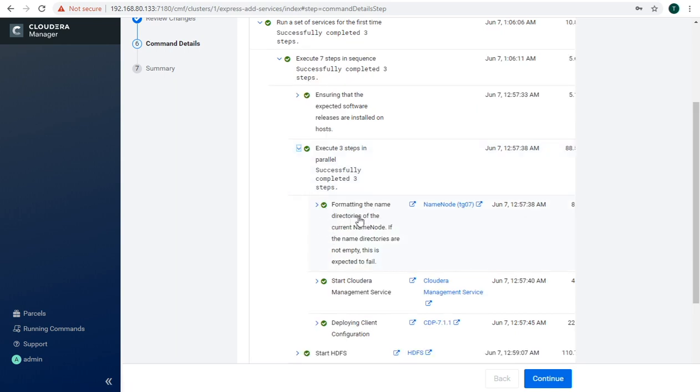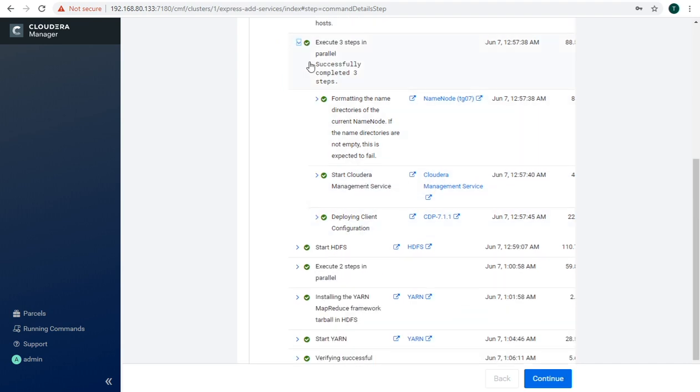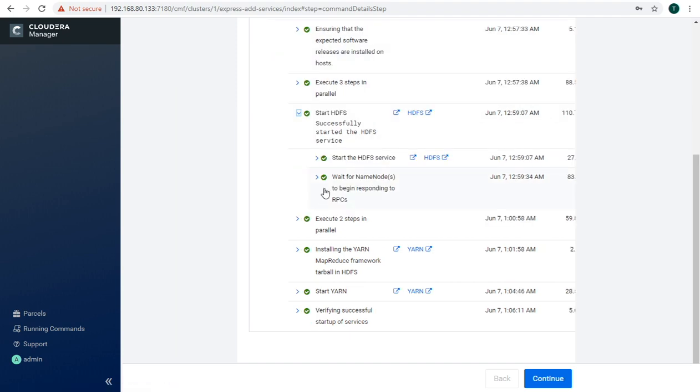Then second step, we have the current name node, and if that name node is present, then it will start the Cloudera management service and deploy client configuration.